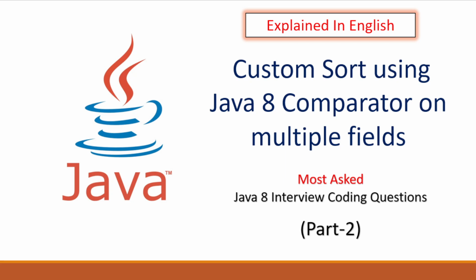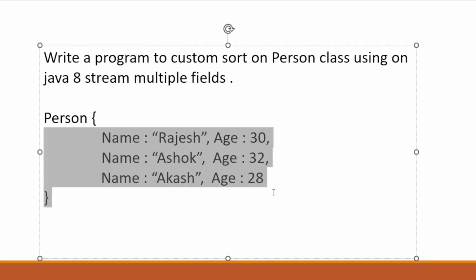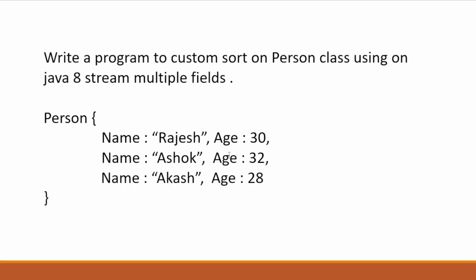In today's video, I am going to explain some other combinations of custom sort on a person object or employee object, which is the custom class. We are creating some custom list, and now we will see some other combinations of how we can sort these kinds of objects based on name, based on age, and both. Last video I covered ascending order and descending order based on age separately and based on name separately. But in today's video I will cover both the conditions.